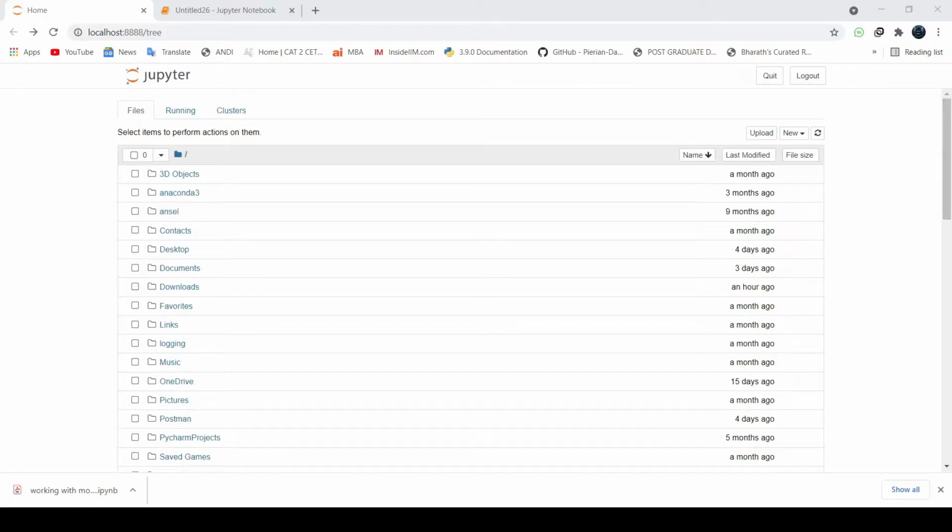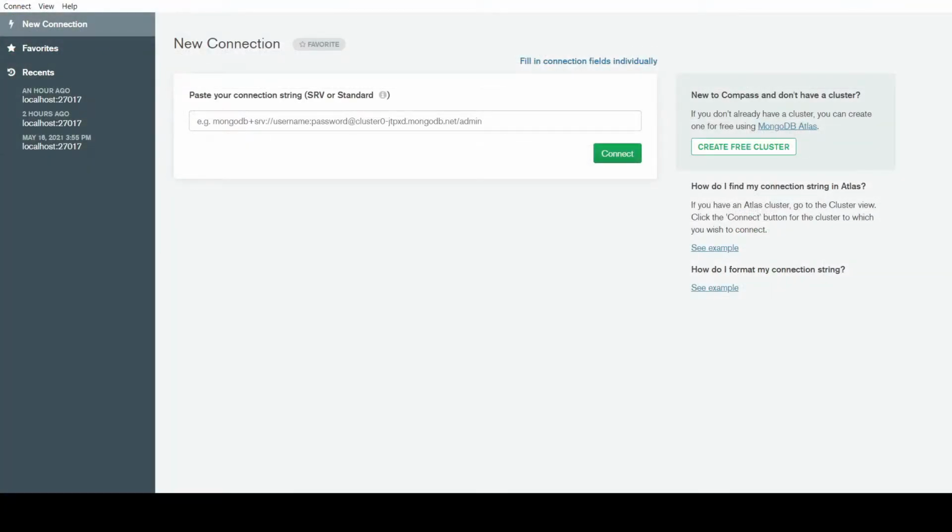And now moving ahead, we'll be using IDE as a Jupyter notebook and MongoDB. Yeah, you must install MongoDB in your system. So let me open this application here. This is the MongoDB application, which I'm not talking about the cloud version.